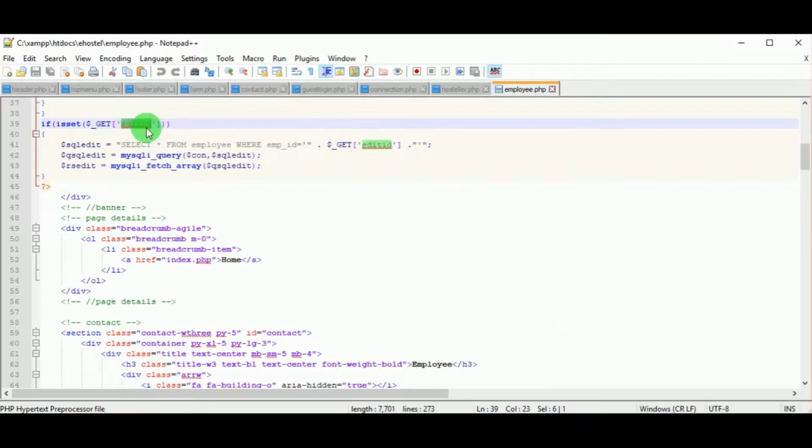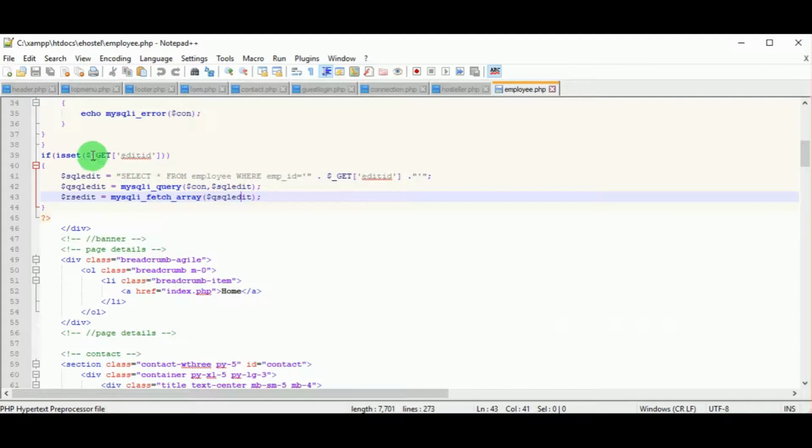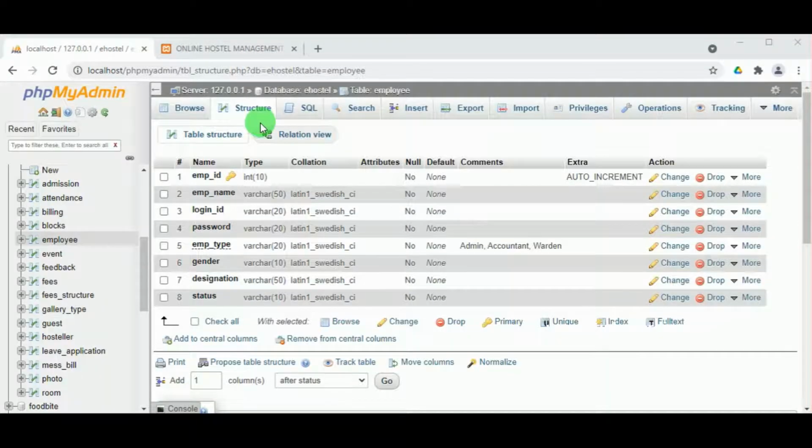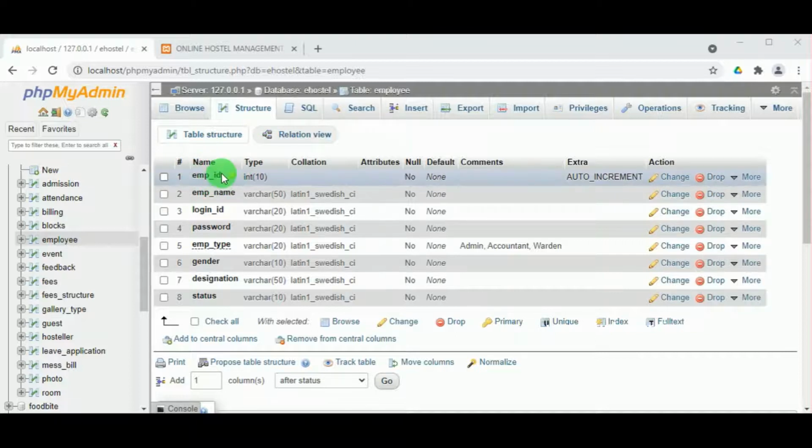So you can see isset get edit ID. So how this works is, there is a unique edit ID, and when this edit ID is given, or when it is fetched, there is a query written: select star from table name where employee ID is equal to get edit ID.